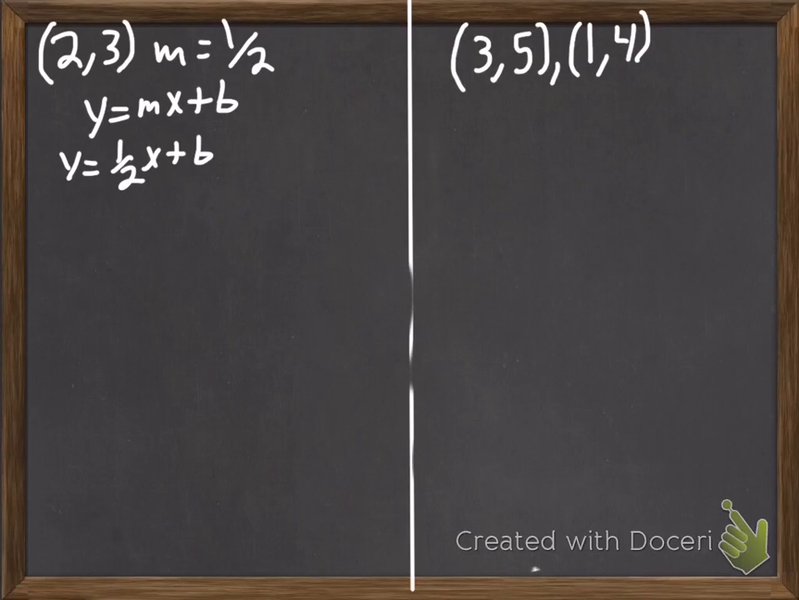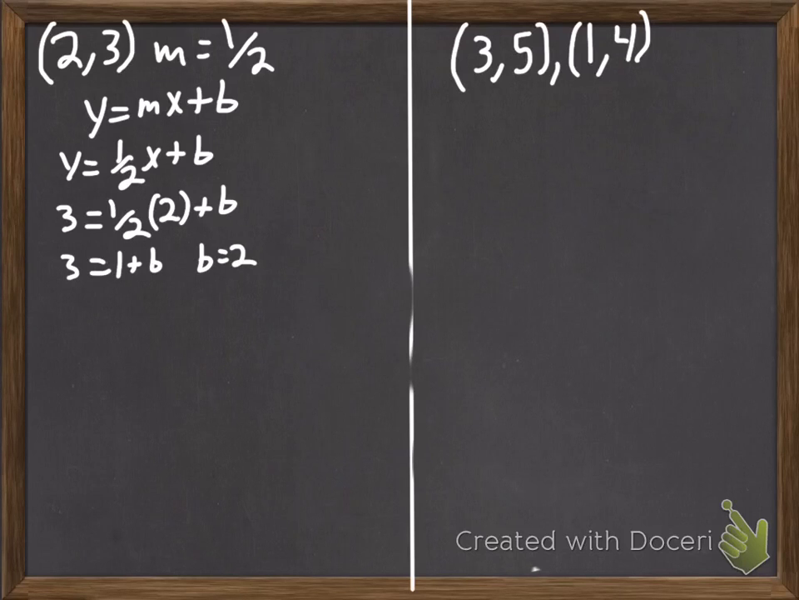Now to find b, we have to plug in those points. So y is 3, equal to 1/2 times 2 plus b. 3 equals 1 plus b. So b equals 2, giving us y equals 1/2 x plus 2. So we look at this and we go, okay, I have 2 problems. Problem 1,